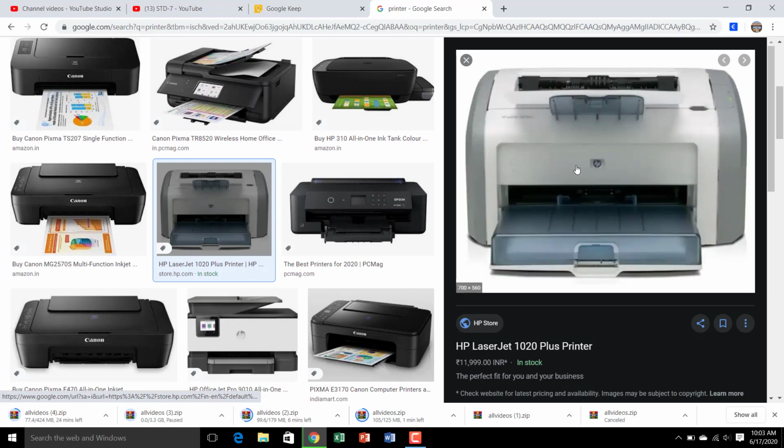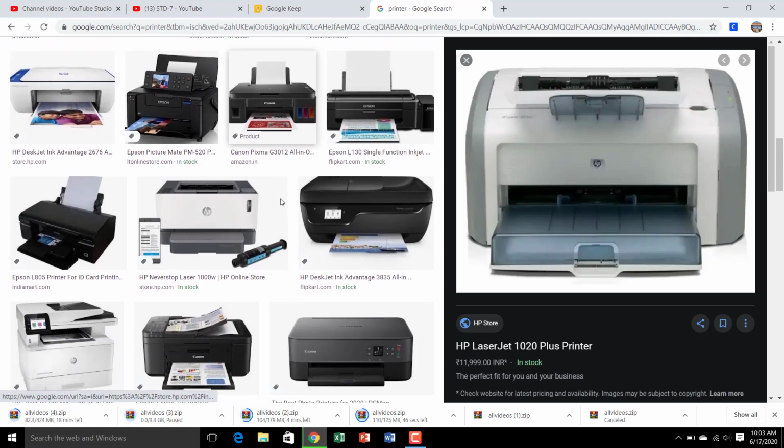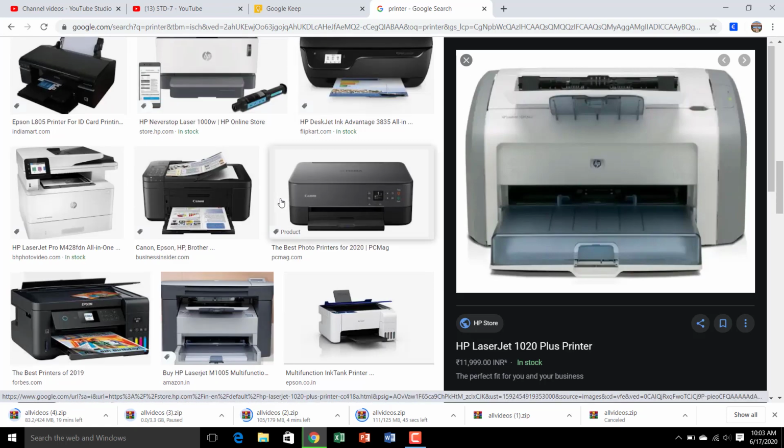These are color printers, for example Canon, and some other companies. And this one is a black and white printer, the HP laser printer. Here you will see the HP logo. You will get only black and white copies from this printer. So these are the different printers.